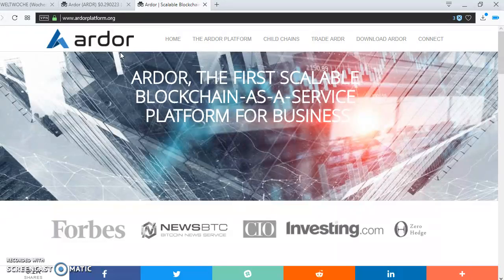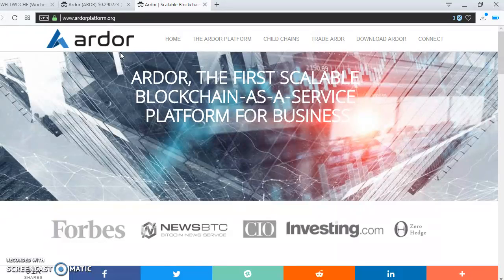Another thing about the ARDOR platform is that through the ARDOR gates, they've created a pegged coin, which is called the euro. The pegged coin will enable people to transact with ARDOR using their normal fiat currency. There are certain procedures required to actually convert the euro to ARDOR, and this currency is actually stable.